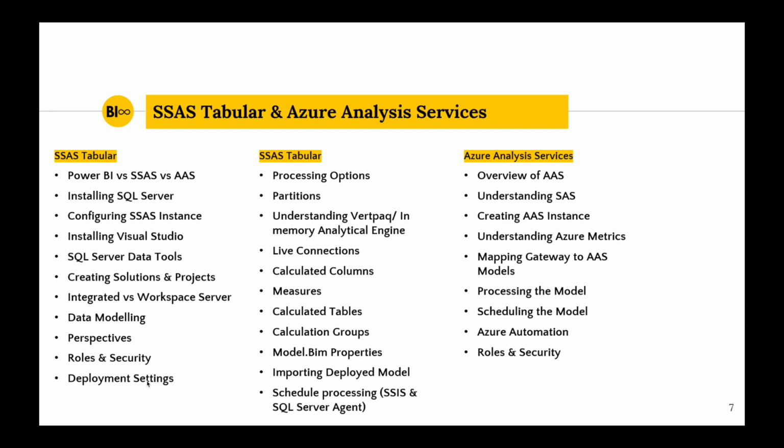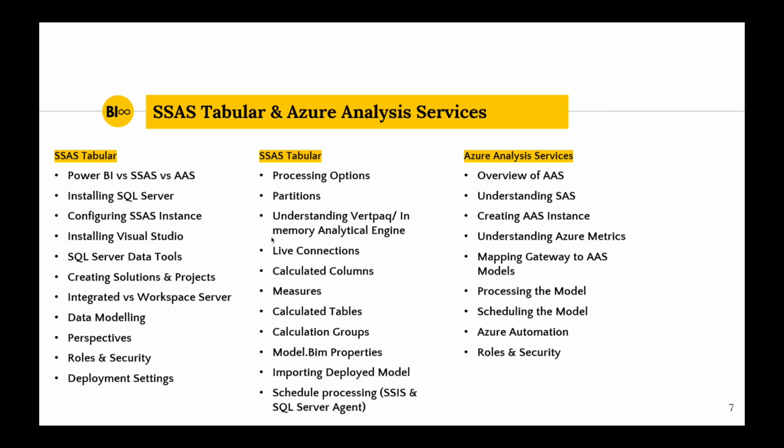In the Power BI service, we use a gateway to refresh the models, where we can schedule the refresh and refresh the datasets. Similarly, in the SSAS tabular model, we can do refresh in multiple ways. We have different processing options like process default, process full, process clear. Just as we use incremental refresh in Power BI Desktop and the Power BI service, in the SSAS tabular model we use something called partitions. So we'll see these things with examples.